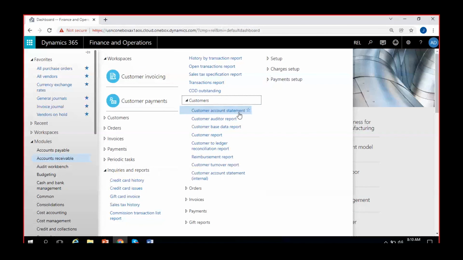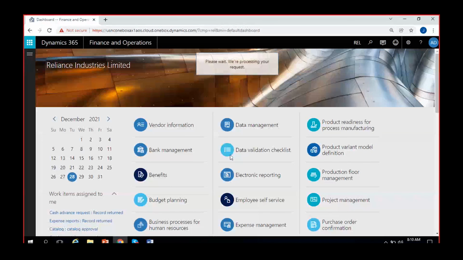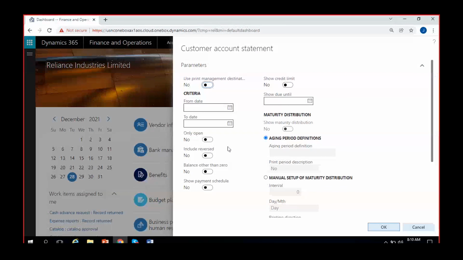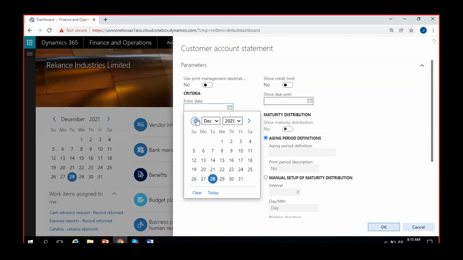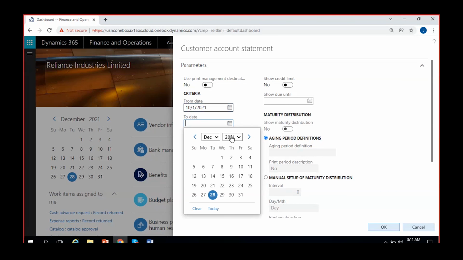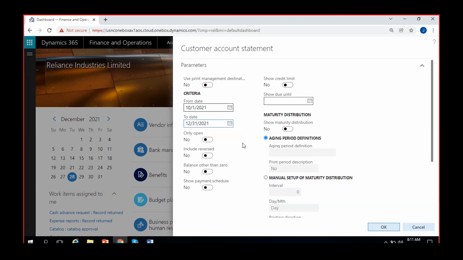Then most important reports would be customer account statement is one, and customer report gives you the details of the customers. Customers to ledger reconciliation is one very important report. Let's try to run this one, customer account statement, and see what we have in it. So from date it is asking, I'll say from 1st of October to 31st of December,